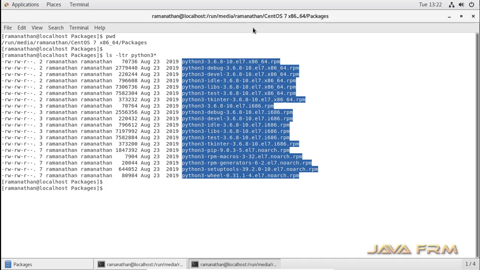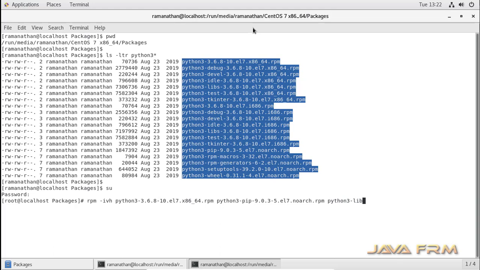So now I am going to install the Python 3 packages and its dependencies. So log in as a root user. Only the root user can install those packages. So in a single shot I am trying to install.